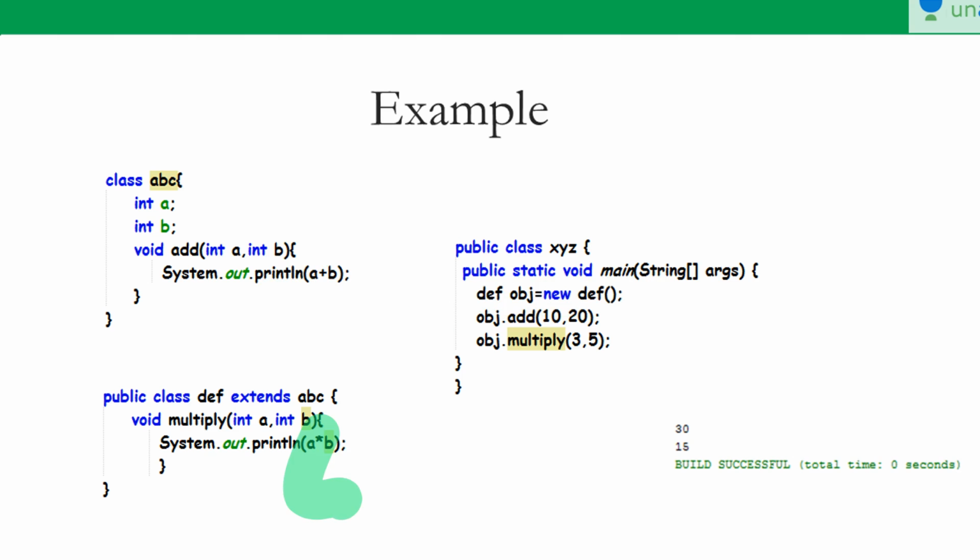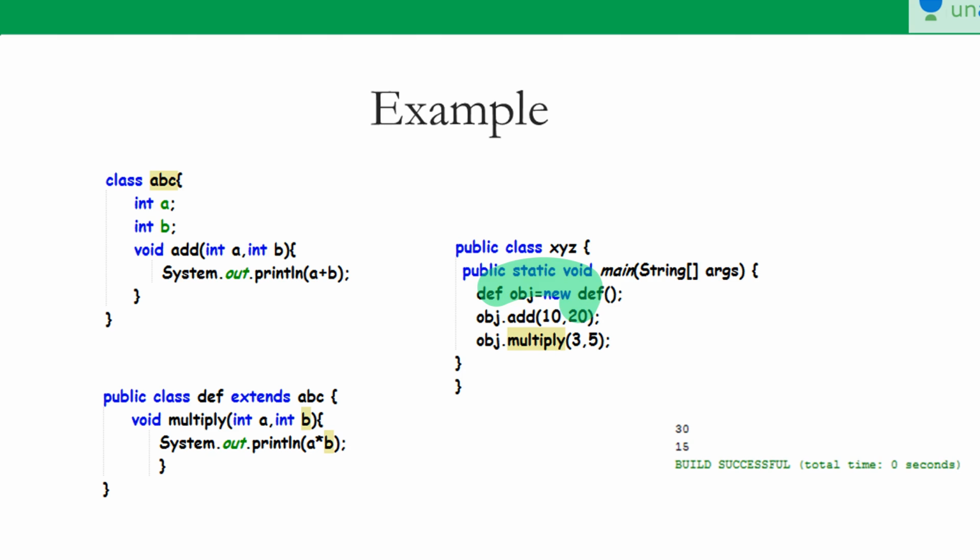If we want to access the add function, we can access it using obj, which is the reference of the DEF class, and if we want to access multiply, we can access it using the same reference of the DEF class.